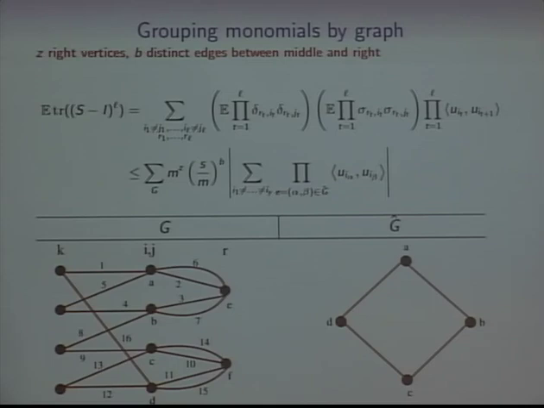Okay. So highest level, where are we right now? What was the overall strategy? The overall strategy was we have a huge sum of monomials. Every monomial was a graph. I want to bound a monomial's contribution purely in combinatorial terms, in terms of graph structure. So this is great. Number of distinct edges, number of vertices on the right, that's all combinatorial properties.